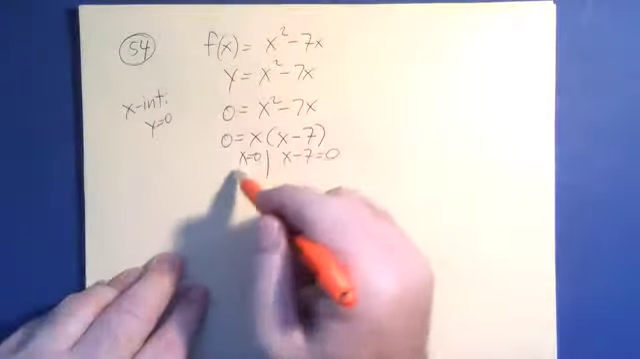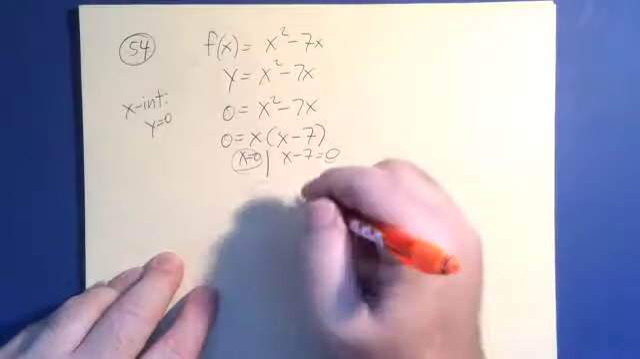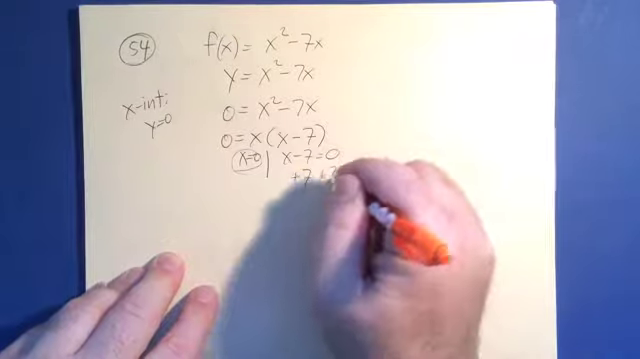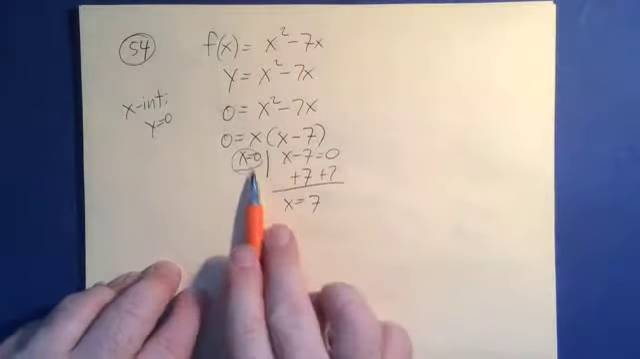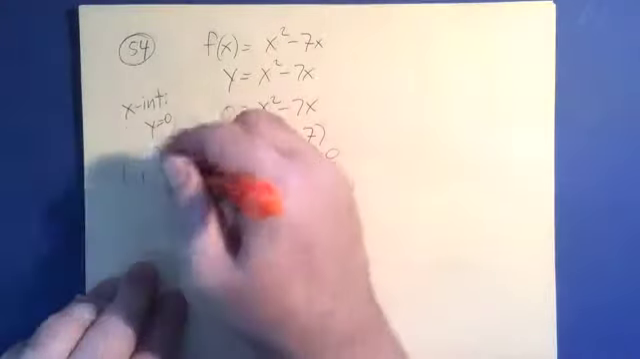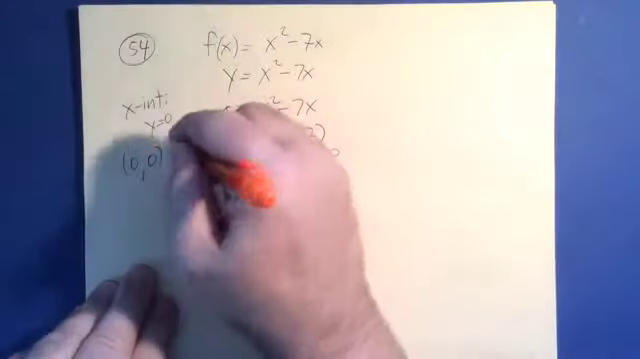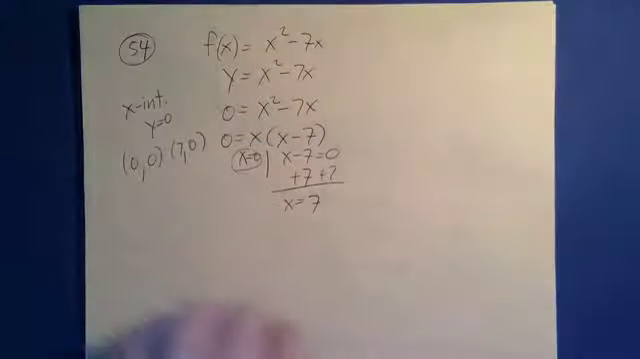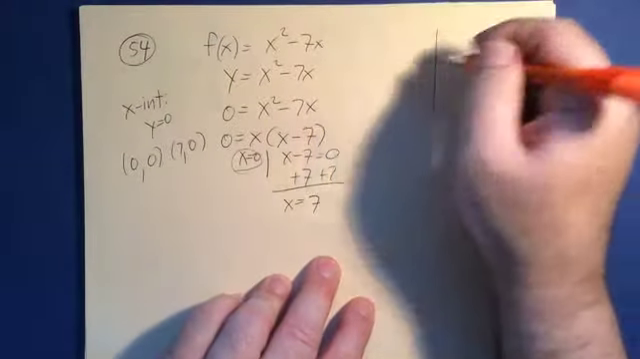And x equals 0 is done. So that's going to be 1 point this crosses. And then for x minus 7 equals 0, I'm going to add 7 to both sides, and that'll give me x is equal to 7. So if x is equal to 0 and x is equal to 7, this is going to give me two intercepts of (0, 0) and (7, 0). So what this is looking like graphically